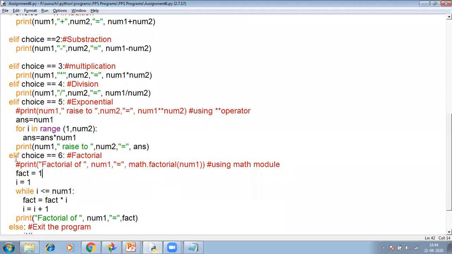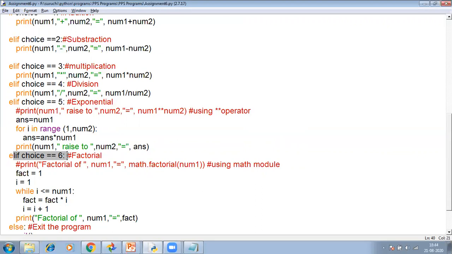Then the last choice is factorial. Choice number 6 is factorial. So if the user enters choice 6, it will perform factorial of a number. So to perform factorial of a number, there are two ways.